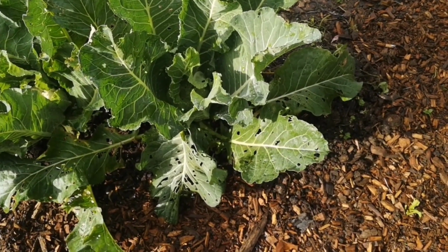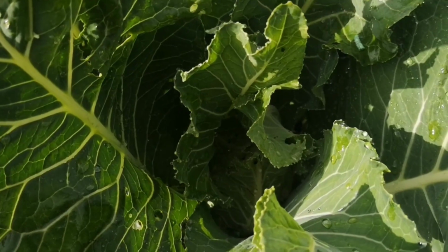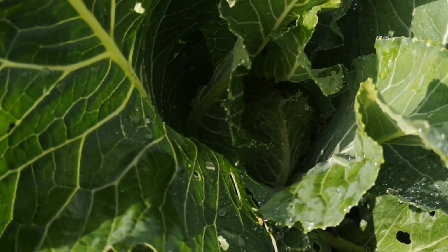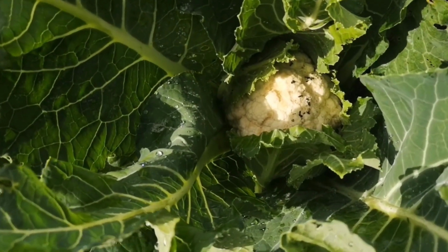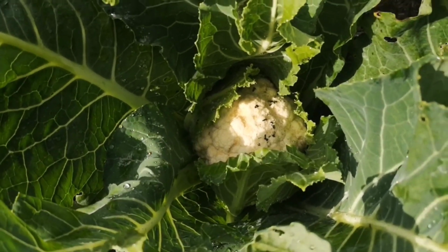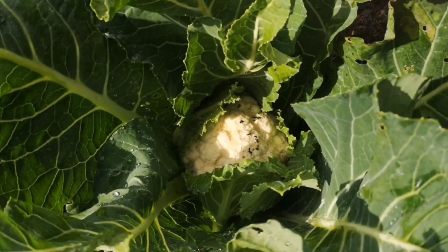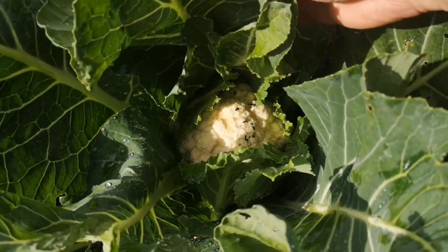So this is what a cauliflower looks like as it's starting to form. You can see the little bundle in the middle there. And here we have a small head, so it's not quite ready to pick yet. It'll still get a little bit bigger, but what I do need to do is just stop it from getting